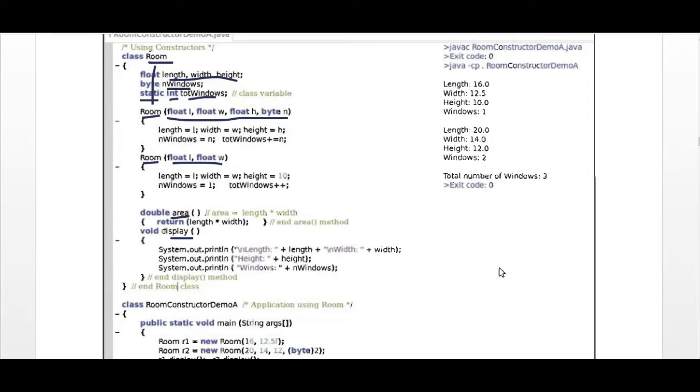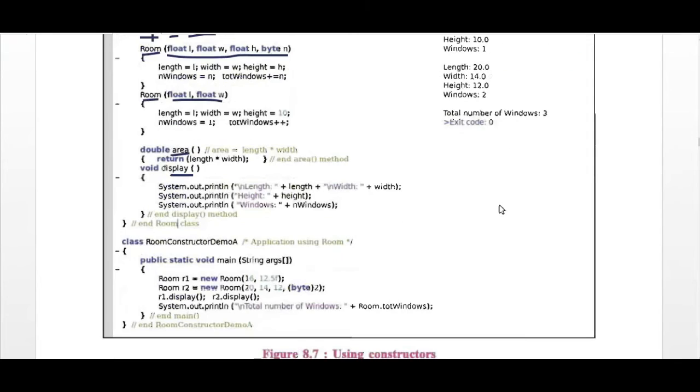Now you can see Room R1. Room constructor demo A is our second class, which is the main class, because the main method is defined in it. So our file name is RoomConstructorDemoA.java, because the main method is in it. Now see, Room is the name of the class and R1 is a reference variable.